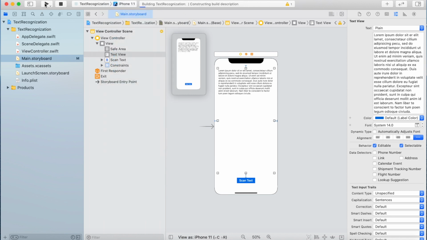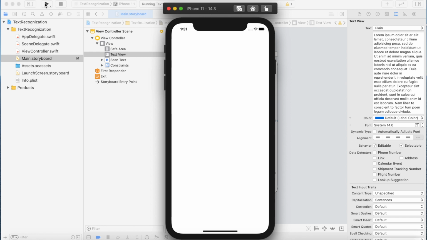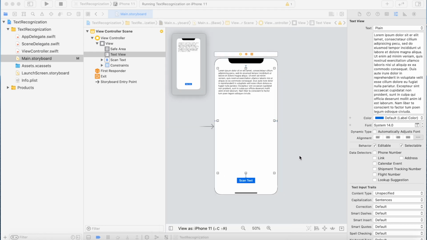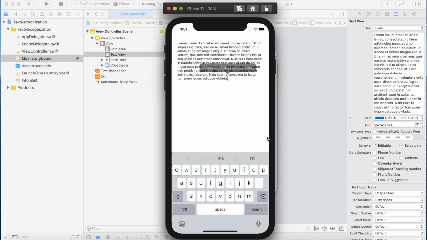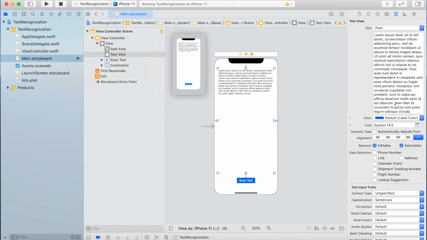Now let us run and see the code. Okay, you can see the text view and the button.